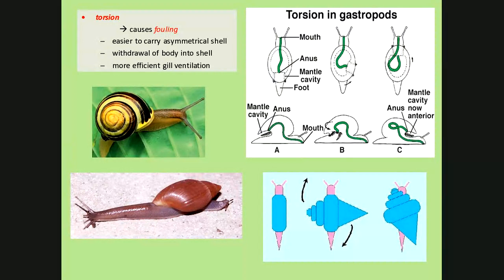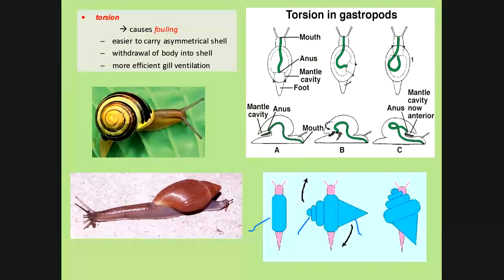Well, we think as gastropods evolved from a very simple sort of flat shell that you see there to one that was longer but asymmetrical in weight, that it became easier to move the shell if the shell twisted, right? See how in that picture? So that would cause the digestive system to twist as well. In addition, what they found is the torsion in the gastropods allows the gastropod itself to much more efficiently withdraw or completely withdraw into the shell of the organism to protect itself, but they're also more efficient at gill ventilation when the gills are in front.